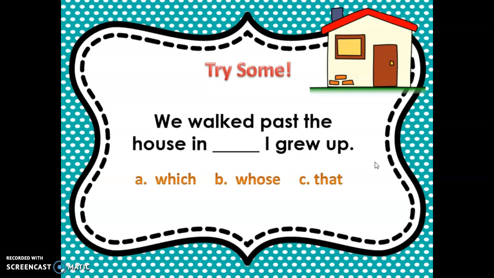And again, let's pretend I don't know. So I'm going to get rid of whose. I don't need that one anymore. But I still have which and that. So let's just plug them in the sentence to see which one makes the most sense. We walked past the house in which I grew up or in that I grew up. The one that would make the most sense is which. So your correct answer would be